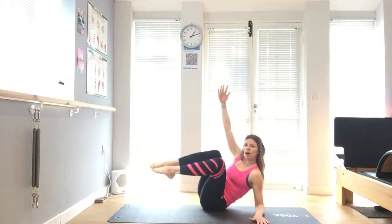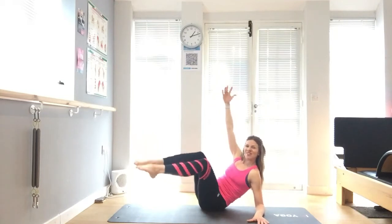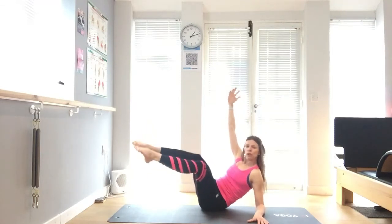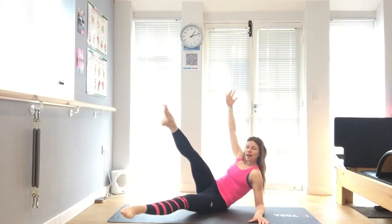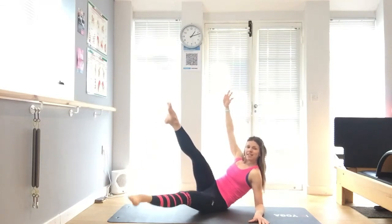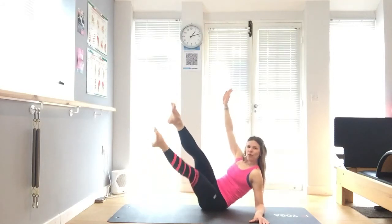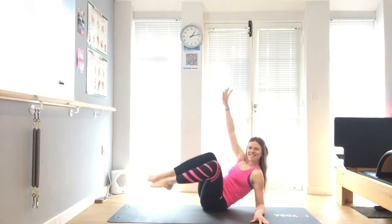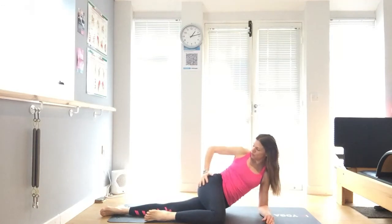3, pull it in, keep hugging that belly in, 4, 5, 3 more, 3, keep pushing the elbow into the floor, 2, 1, hold it out there, now lower the bottom leg and squeeze, and pull it in, 7, 6, challenge that long line, 5, 4, 3, 2, 1, bend your knees, roll back over to the side, top leg over the bottom, stretch it out, and then